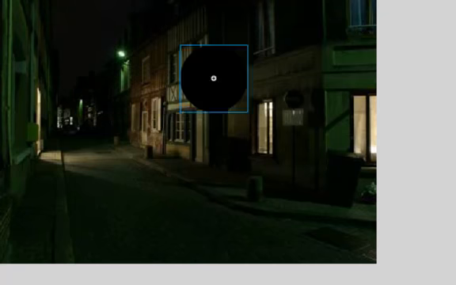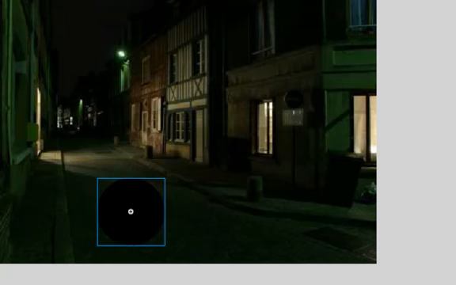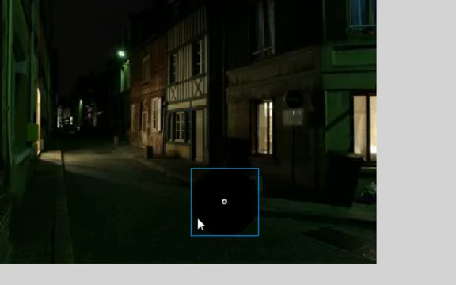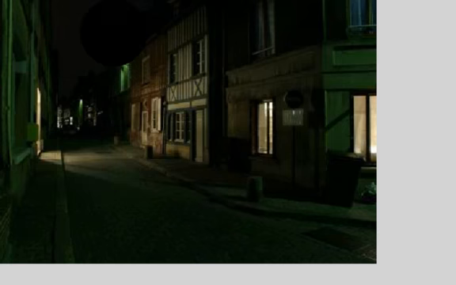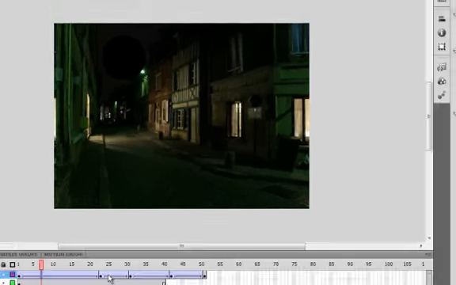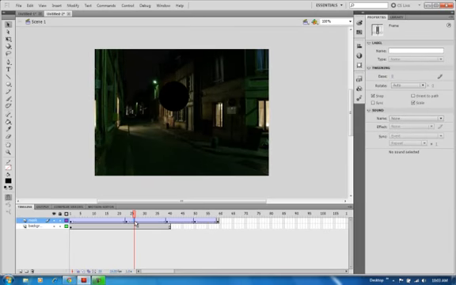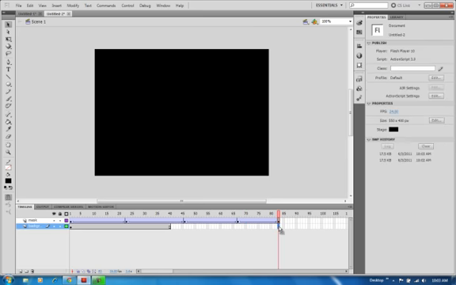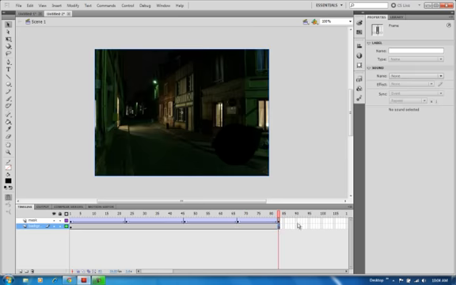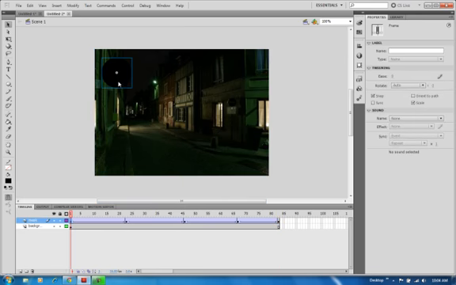So again, F6, drag it around, F6, drag it around. What I am going to do is insert some more frames, make it a little bit slower. Just tap F5 to get the background in, and then for the final one, I'm going to copy that